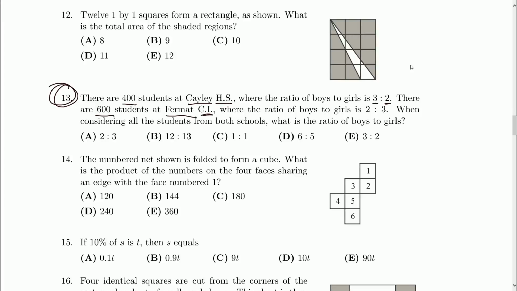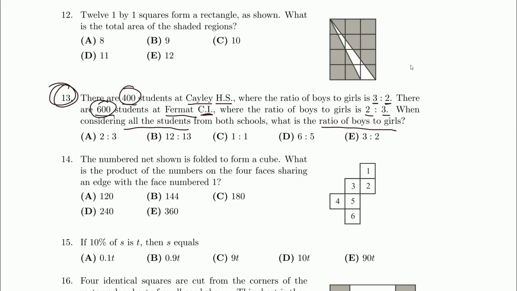Where the ratio of boys to girls is 2 to 3. When considering all the students from both schools, what's the ratio of girls to boys? So we're going to have 400, add 600, that's going to be 1,000 students in total. We want to know, okay, how many of them are boys, how many of them are girls, and get that